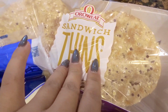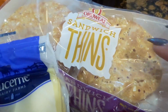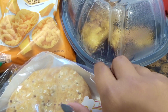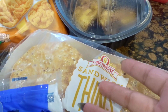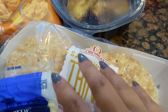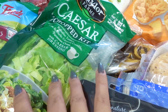And then I got these multi-grain sandwich thins from Oroweat. I have been actually wanting to try these, and I just kind of figured I should start doing sandwiches. So a thing with me is this, with the rice and the chicken, will most likely be my lunch. I like to eat a hearty lunch, and especially if I work out at night, which is usually the time that I would work out. I'm not a morning workout person, but at night, especially on nights I work out, for some reason I'm not that hungry. I prefer to eat really light, so I'll do something like this salad,